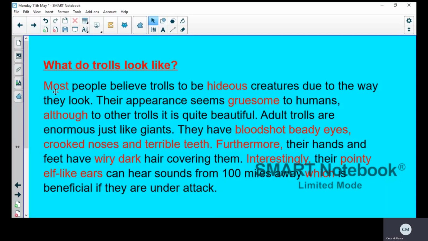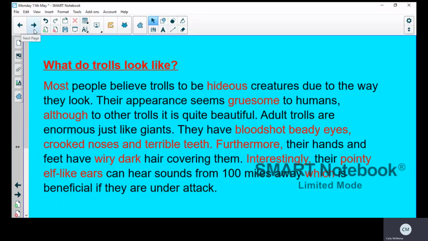So you can see I've got generalizer, most, I've got adjectives, hideous, gruesome, I've got a sentence 3 here, bloodshot, beady eyes, comma, crooked nose, and terrible teeth. I've got an adverb starter, interestingly. I've got a conjunction starter, furthermore. I'm also extending my sentences with general conjunctions to add on information like although and which.